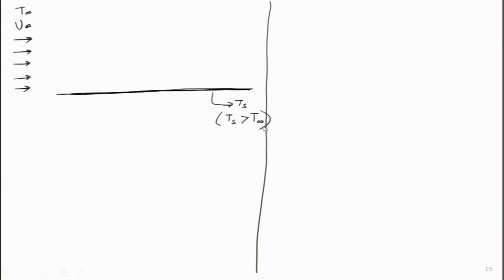So, just for some understanding, let me put some numbers over here. This plate I will assume hot, maybe at 80 degrees, and the air temperature I will assume is cold, 20 degrees. And U infinity I will also assume the same as in the previous example, 1 meter per second. Now let us see what develops in this particular case, and whatever develops we will call the thermal boundary layer. So I am just giving you information in advance. So we will have something called the thermal boundary layer.